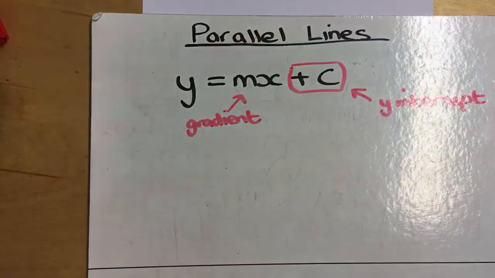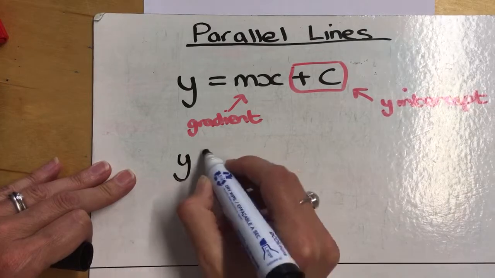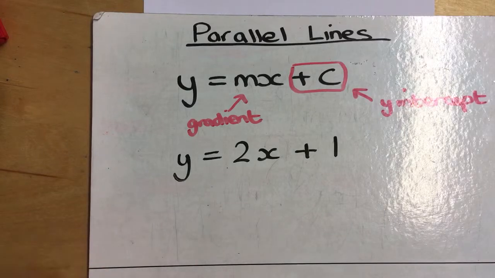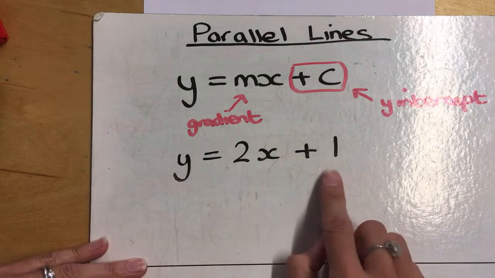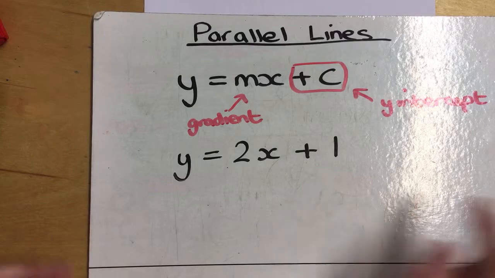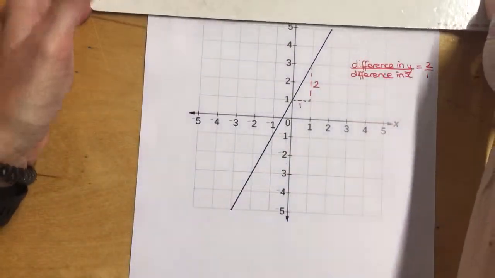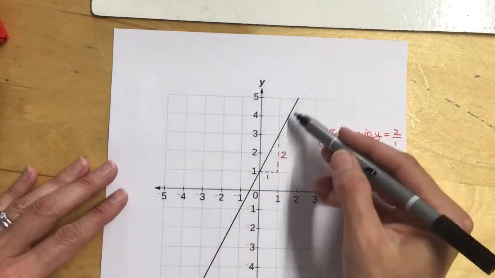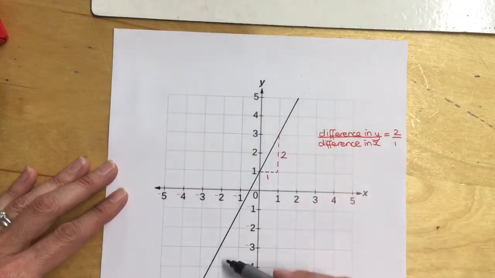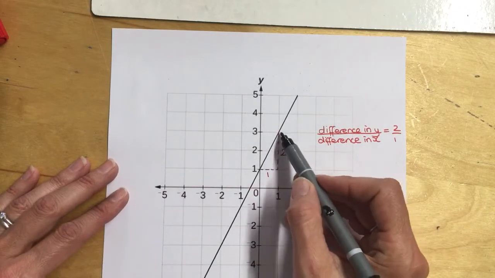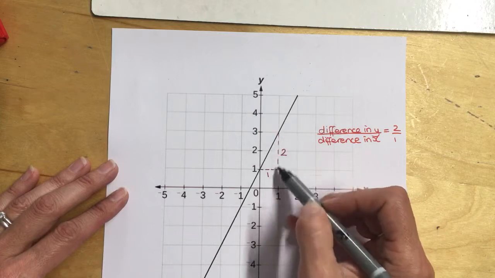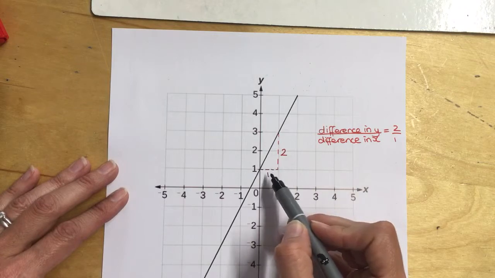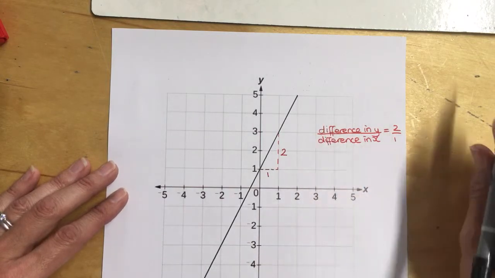Now, if we take, for example, the line y equals 2x plus 1, then this has the gradient of 2 and it has a y-intercept at 1. So if we look at this on a graph, then this is the line here and it has a difference of 2 in the y direction for 1 in the x direction, and that gives us the gradient, because remember the gradient